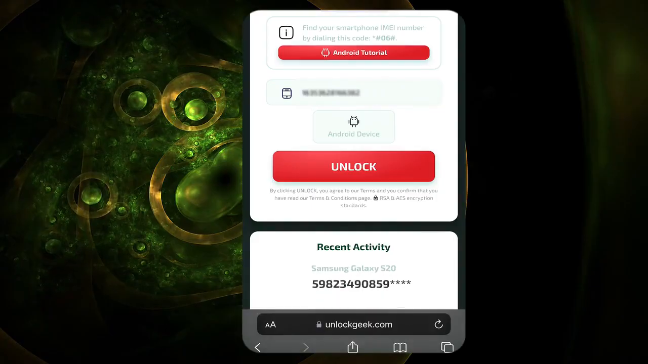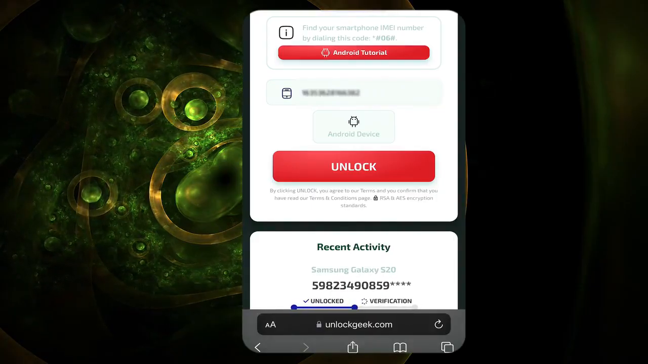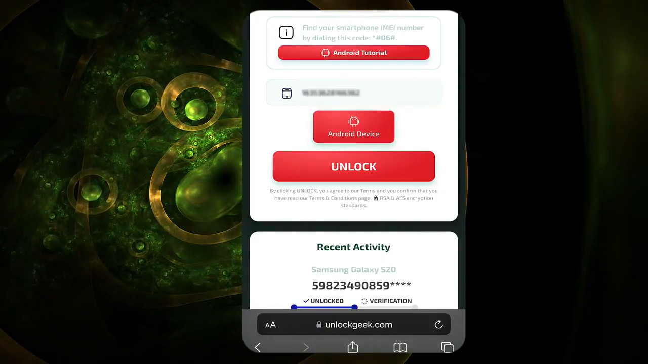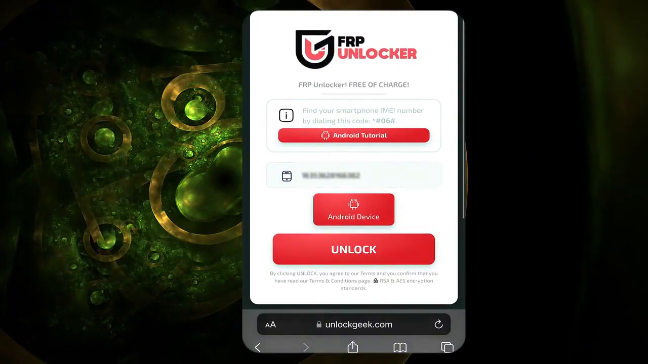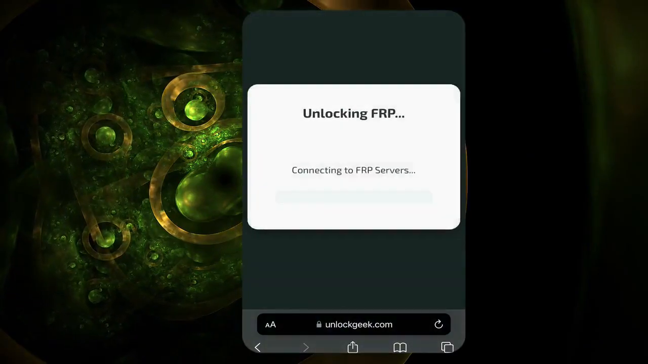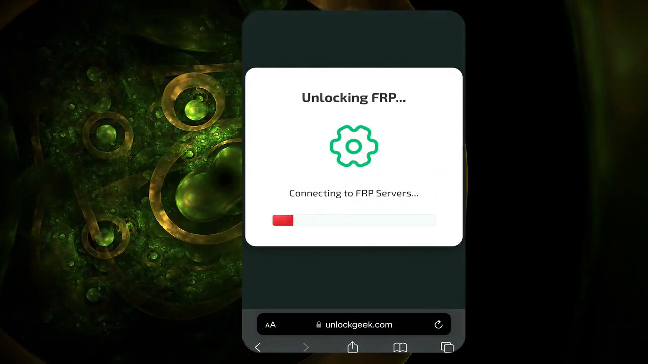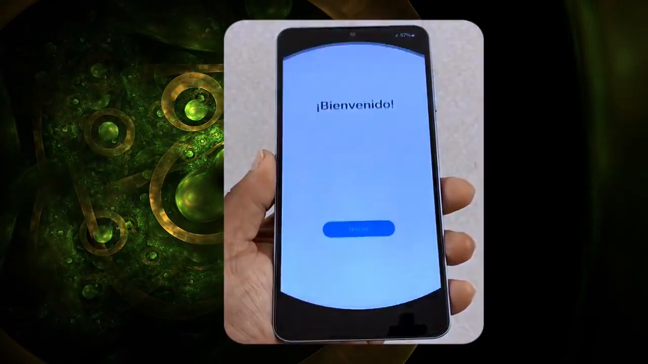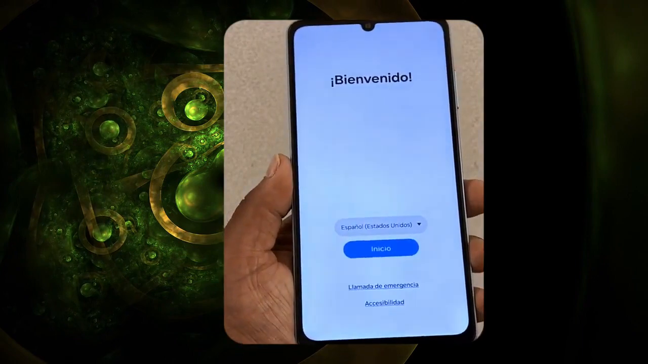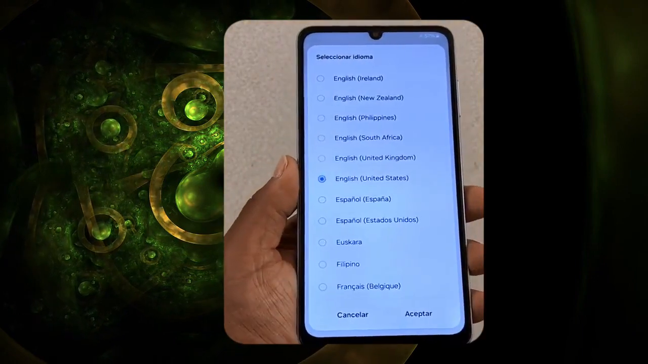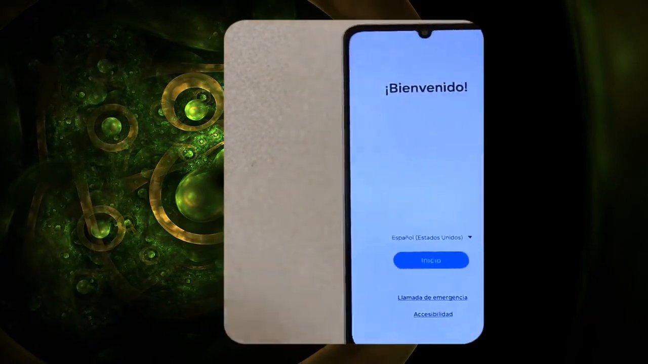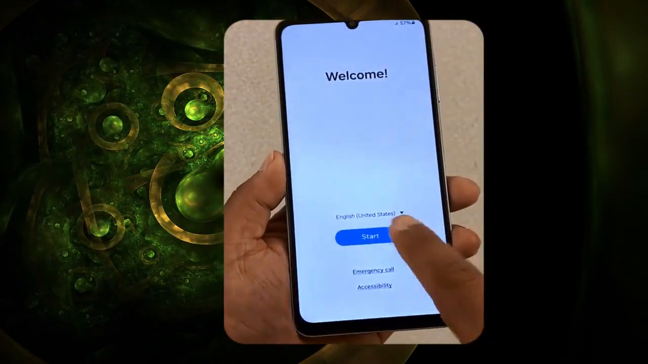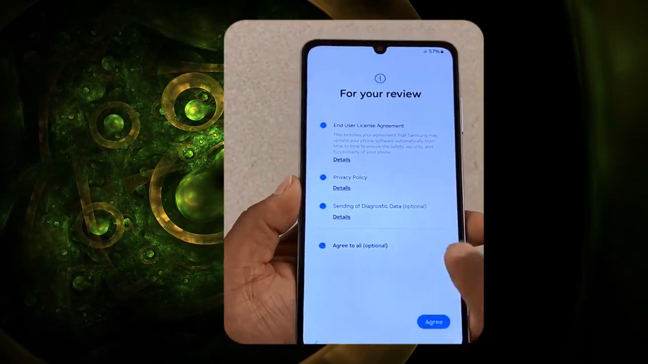Now, select the Android device option to match the phone you're unlocking. Click the Unlock button to begin the FRP unlocking process. The tool will start processing your request, which may take a few minutes. After the process completes, restart the device to check if the FRP lock has been successfully removed. Upon restart, the device should no longer ask for the Google account login, and you should be able to proceed